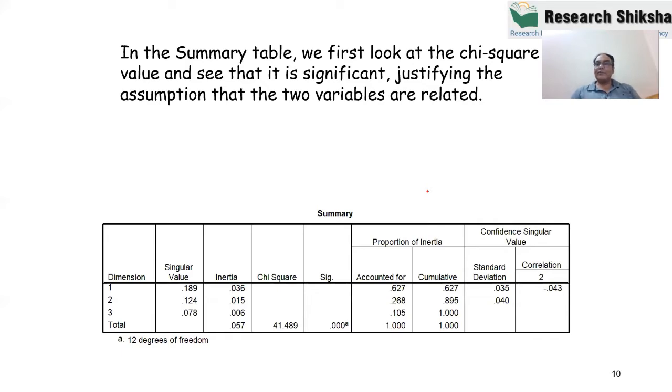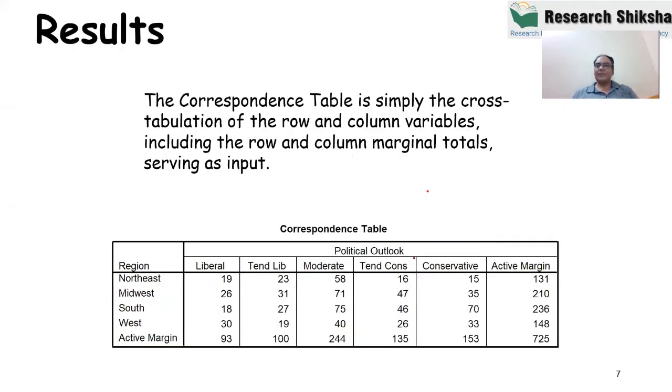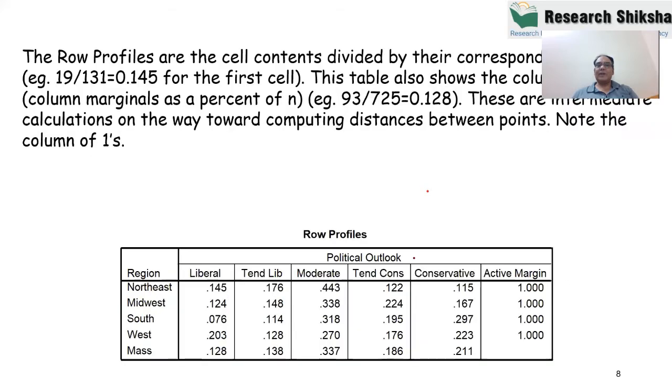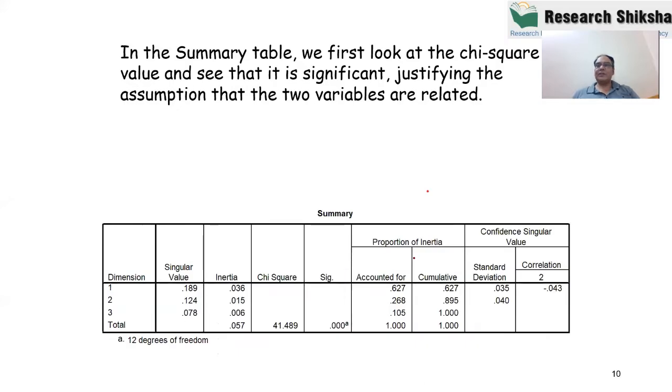This is a summary table which you will get in the correspondence analysis. Now, how to read this table? This is the most important table in correspondence analysis. When you apply correspondence analysis, you need to report this table. This is the most important table actually. So we normally have 4 tables. If I should repeat this, this is table number 1, which is the input data. And after that, by dividing with the row total, we are having this table. And then after dividing by the column total, we are getting this table. And then we got the results in this format.